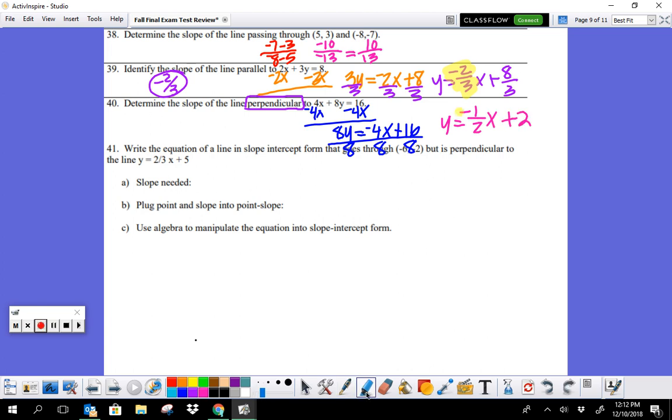And so my slope here is negative 1 over 2. And I need the perpendicular slope to that. So the opposite reciprocal of negative 1 over 2 is 2. All